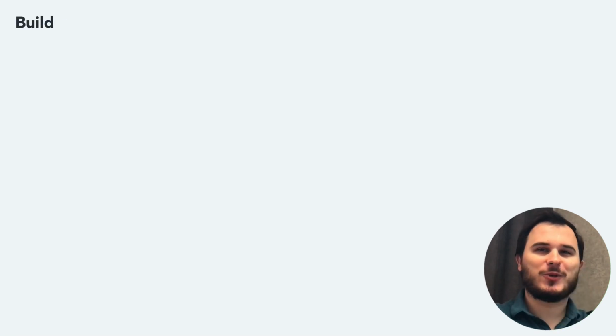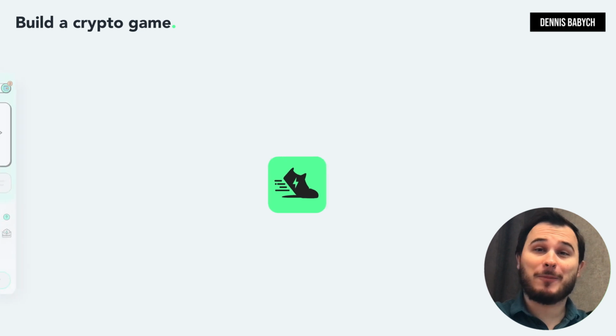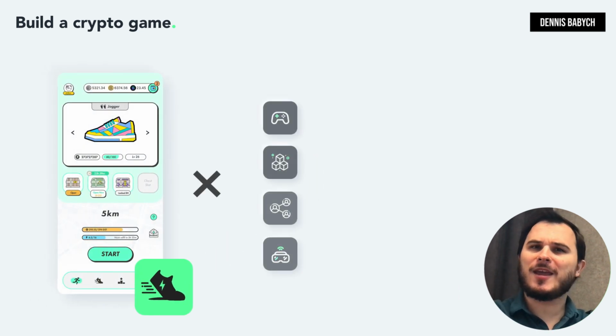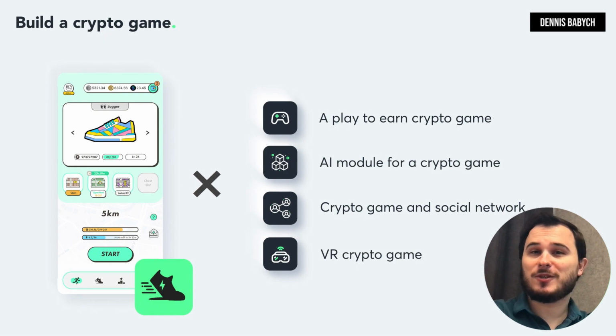Hello there! Do you want to build your own crypto game? Perhaps you have a unique idea for a play-to-earn crypto game, AI module for a crypto game, combination of crypto game and social network, or even a VR crypto game. Well, stay with me because I'll give you a step-by-step guide on how to do that quickly and save your